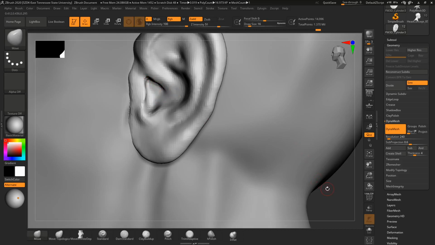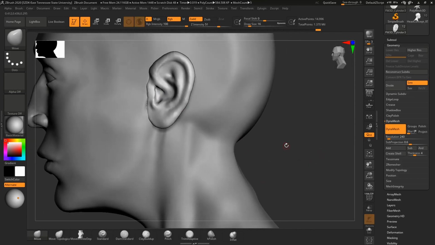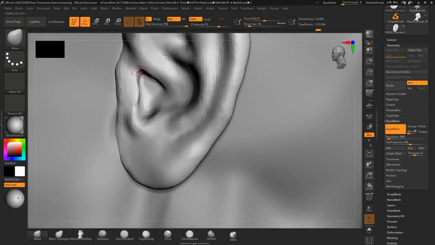There we go. I'm going to try to separate the ear canal so that we really see it. Now this section, you might need to cut. I'm going to use the Dam Standard brush. Cut this section a little deeper. I want more separation to the